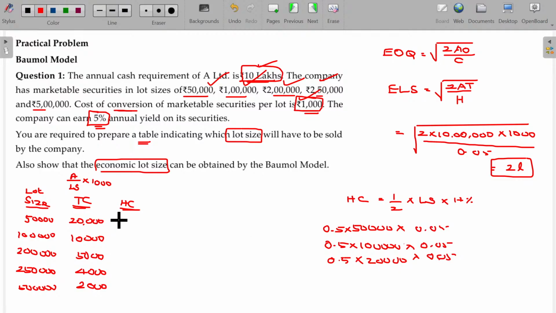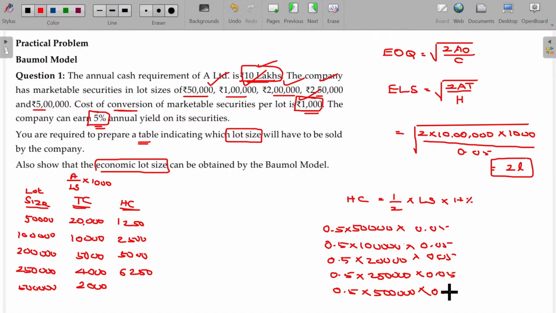So 1,250, 2,500. The next one being 5,000. If the lot size being 2,50,000 rupees into 0.05, 6,250. Finally, 0.5 into 5 lakhs into 0.05, 12,500. Total cost, the summation of transaction cost and holding cost,